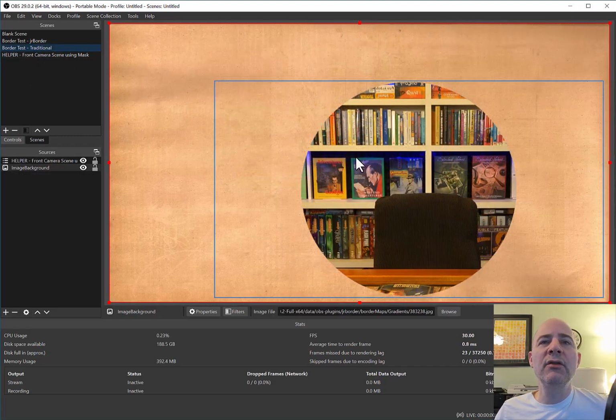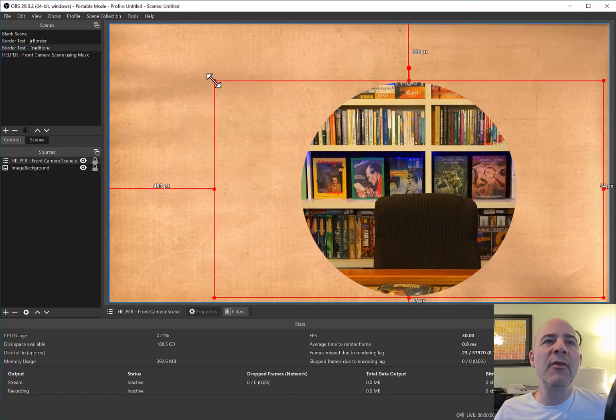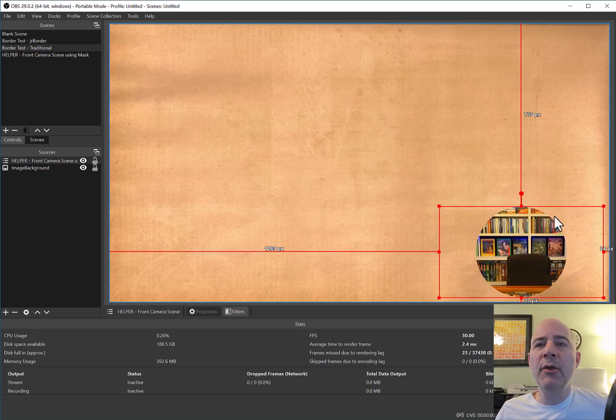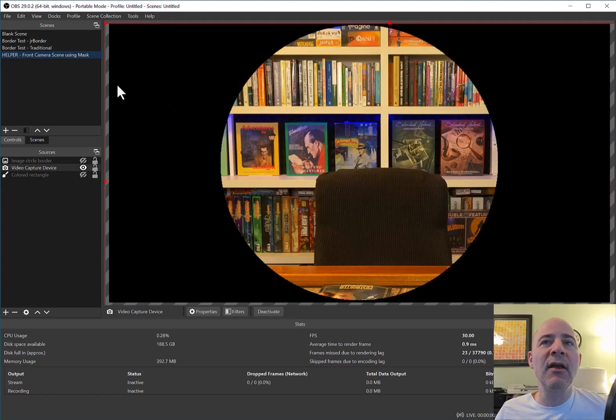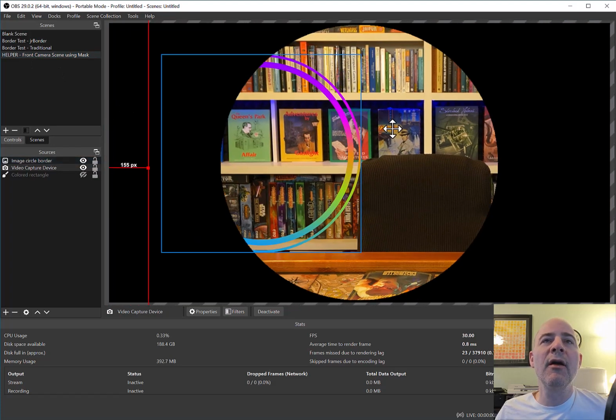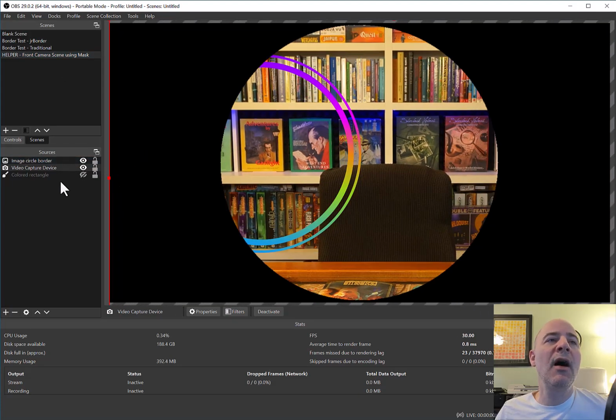But essentially you can still do the same thing. And if you wanted to put a round circular border around it, you could go find a PNG file that's semi-transparent, which has a ring of color. Then you would go back to here, and you would drop it on top of